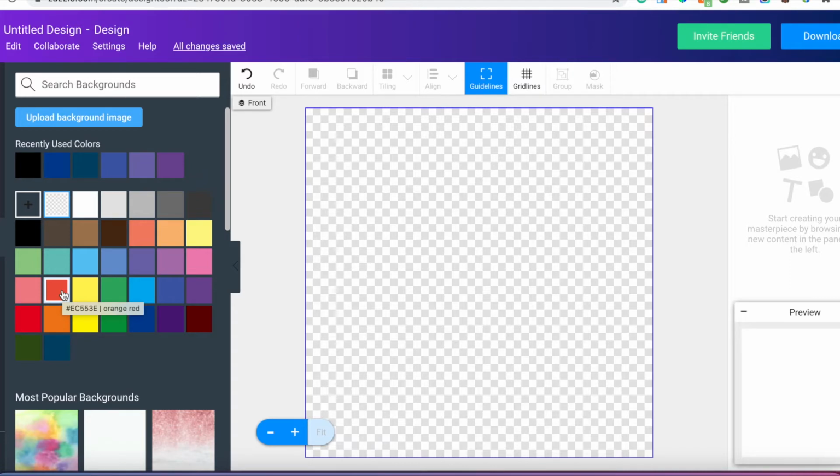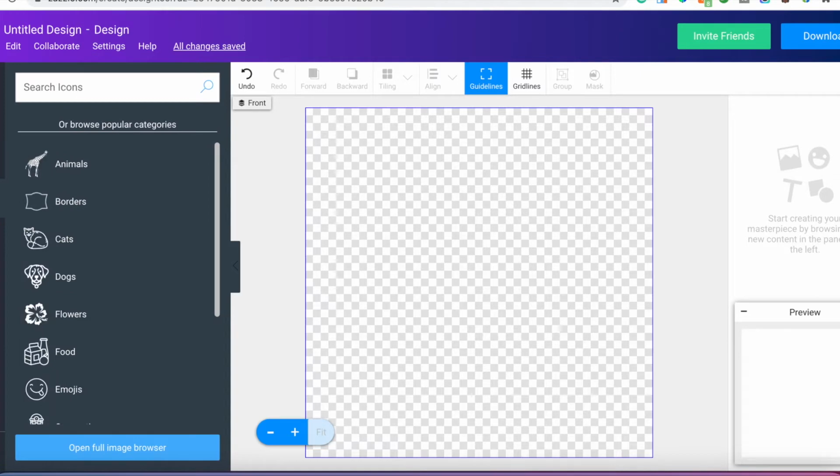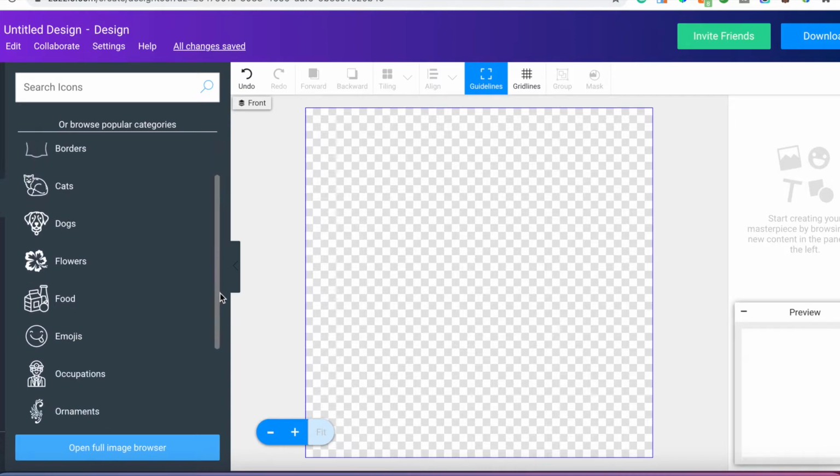So the reason why I'm calling Zazzle design tool a Canva alternative, first, is because it gives you a transparent background for free. The second thing is that all the icons are free. So if you're searching for an icon, let's say you're doing a design and you want a free icon, instead of going to download stock images online, it's right here for you. So let's take for example